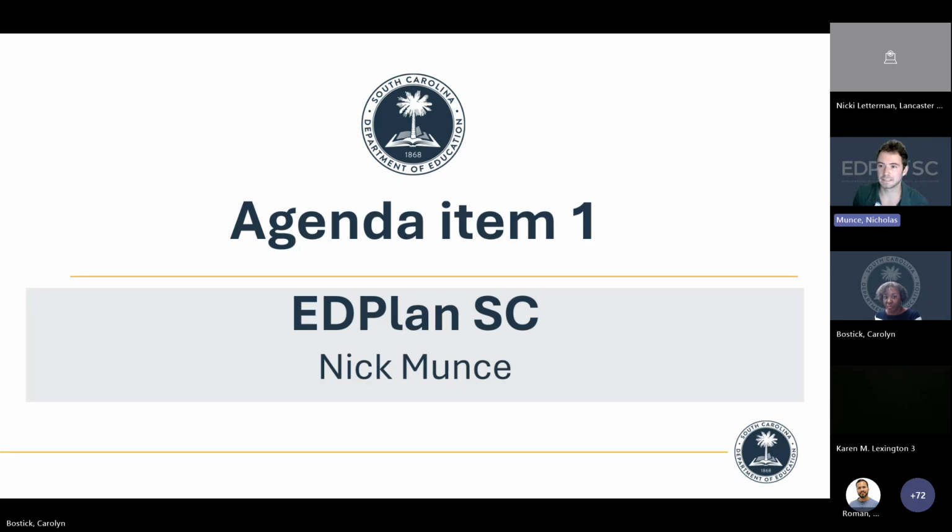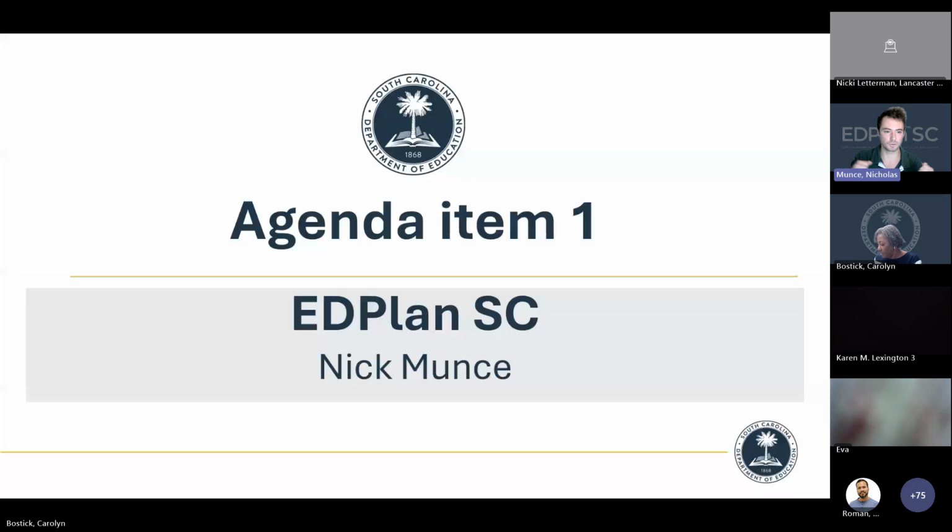So the first band of items we're working with folks on in Zendesk are grade issues. And these will be highlighted by the report itself. So inside of the actual advanced report, it'll pull it into the errors tab if there's an issue with that student's grade. And the way you resolve this depends on the student's enrollment status in your district. So if the student has been active in your district for at least one day this school year, starting on July 1st, 2025, so if they've attended your district this year, and EdPlan SC received them in the students feed this year, you can change their grade in PowerSchool, and that will flow through EdFi to EdPlan SC.